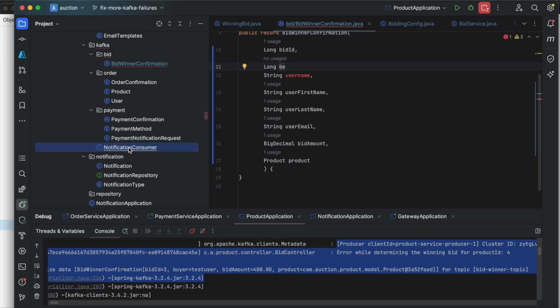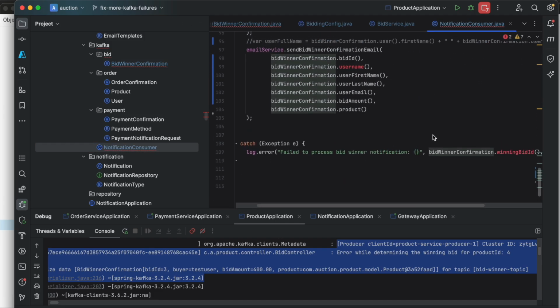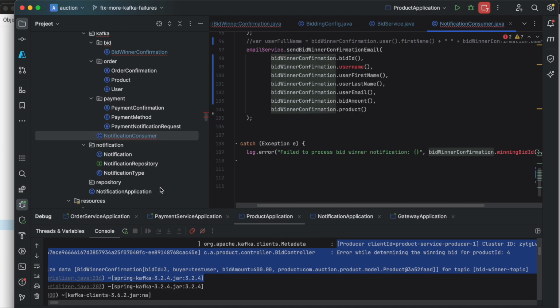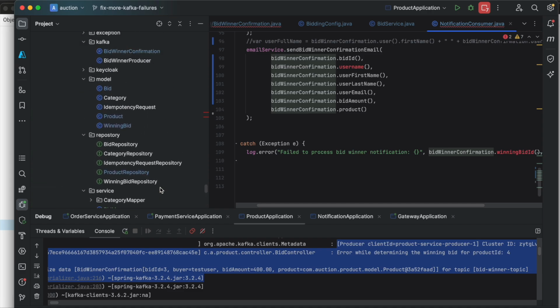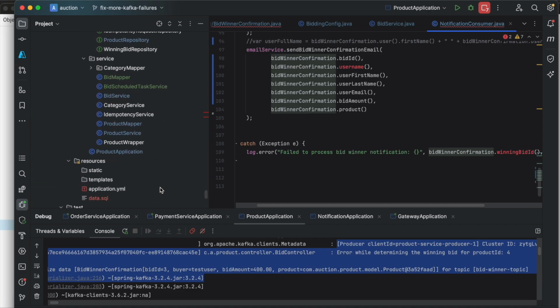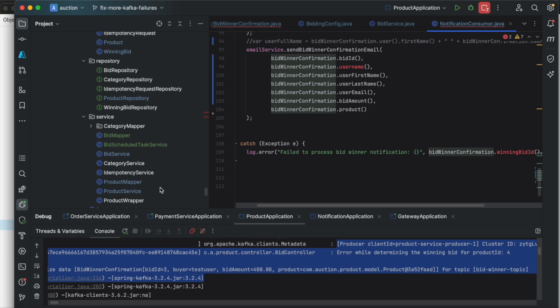The reason why I want to do that is because this winning bid confirmation is actually a winning bid data, not a bid data. So a winning bid data will have a winning bid ID, so I need to bring that one forward. So I'll fix it in the products, down in the product, and the way that I'll fix it is actually